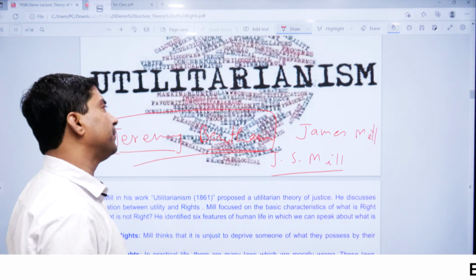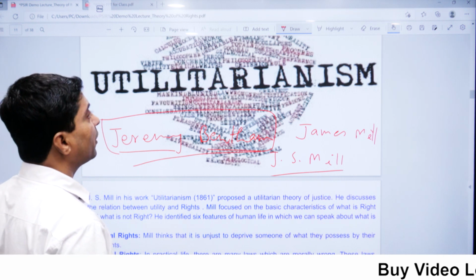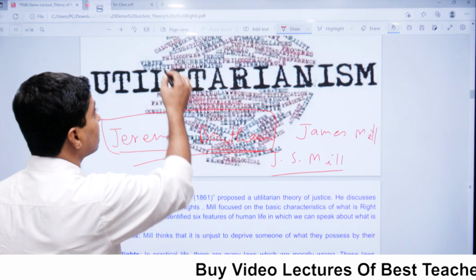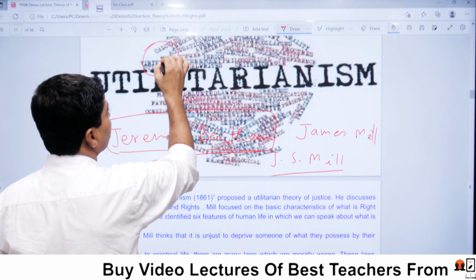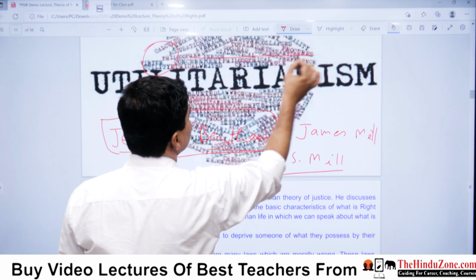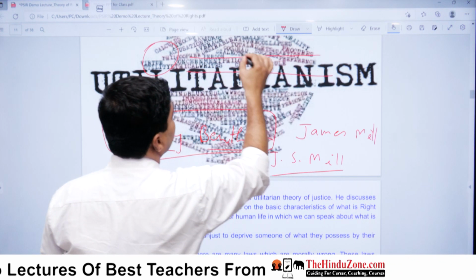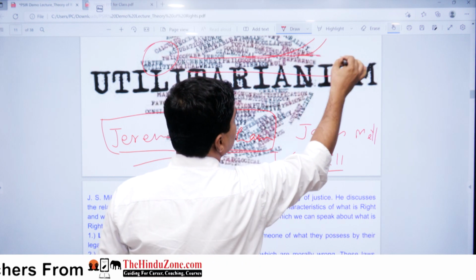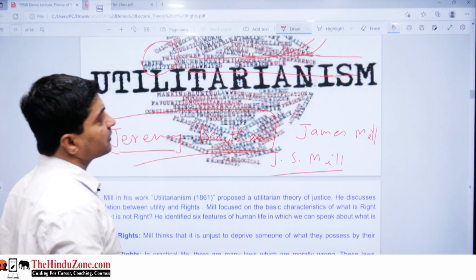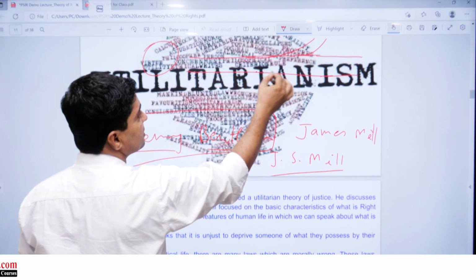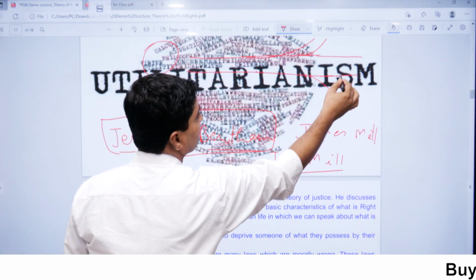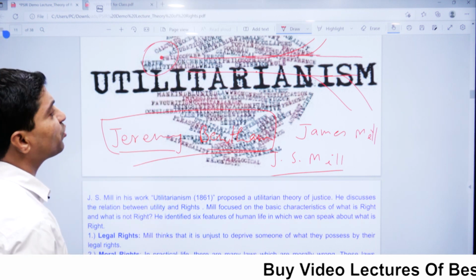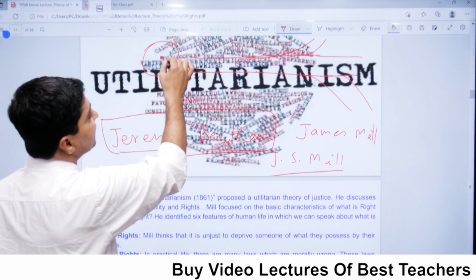Let me give you an example from practical life, right? You are the driver of a train. This is a train and you are the driver, and this is a track. And next you can see here again a track, that is diverting, the track is diverting here. Now you are the driver, the pilot of this train, and your train is moving.